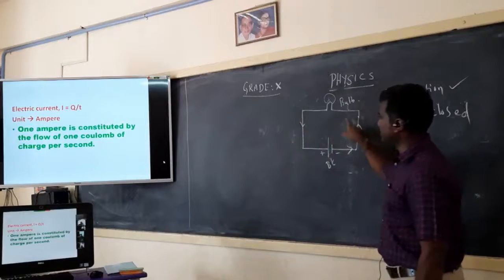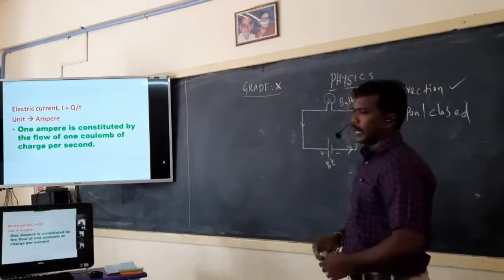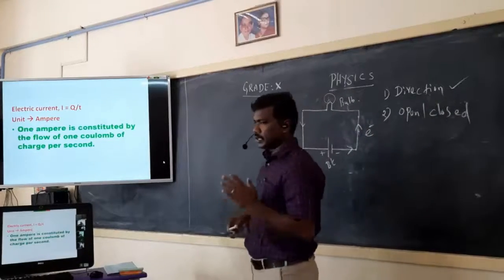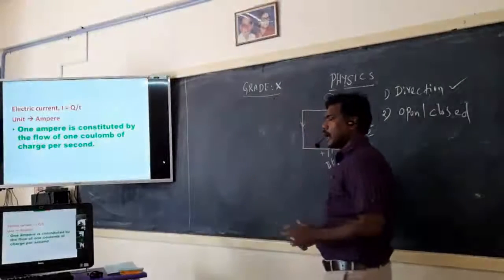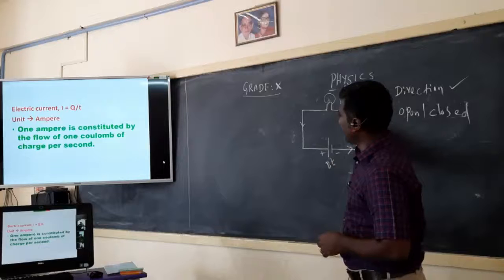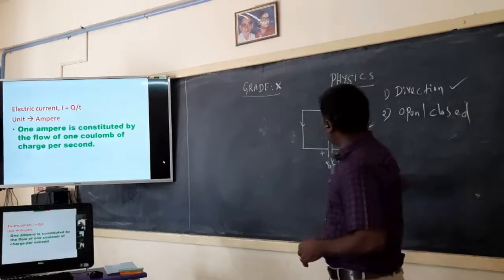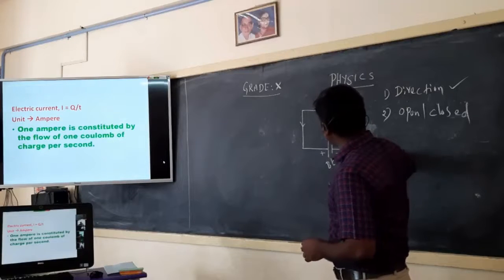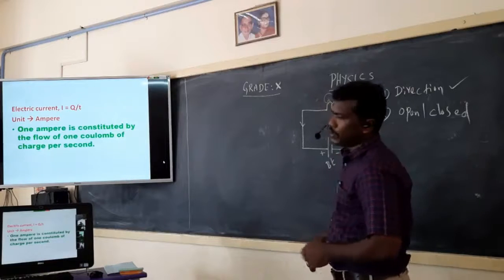Now you see, I mentioned some of the direction. This is the direction of flow of electron. So in any circuit, whether it is a simple electric circuit or a complicated circuit, the electron always flows from the negative terminal of the battery to the positive terminal of the battery. And in our electric circuits, mostly we mention the direction of flow of electric current alone. We never mention the direction of flow of electron.